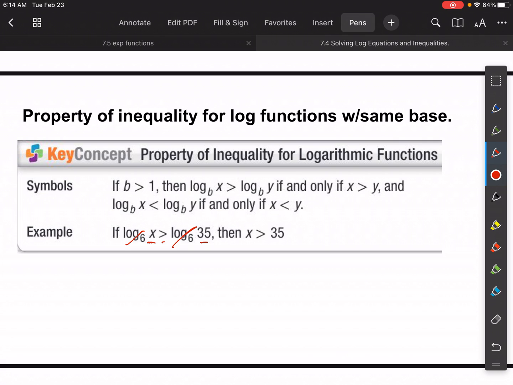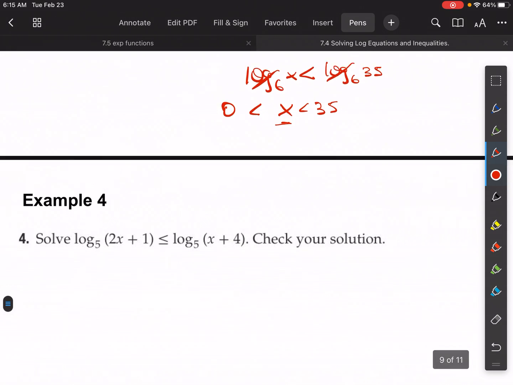If it was the other way around, if we had log base 6 of x is less than log base 6 of 35, these would still cancel. I would still get x is less than 35, but then I would have to say, okay, well, if this x value is less than 35, I still can't have a negative here. Okay, so since I can't have a negative, I have to make sure that I keep my answers positive. So I can plug in anything from just over 0 to 35, anything bigger than 0 and under 35, I could plug in to make this inequality true. But sometimes, like in example 4,